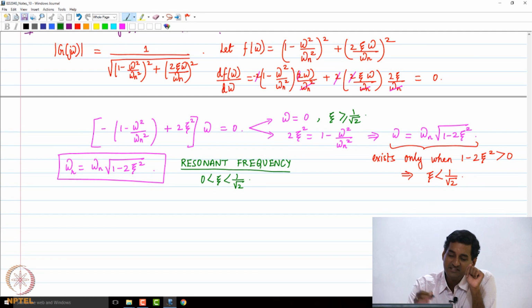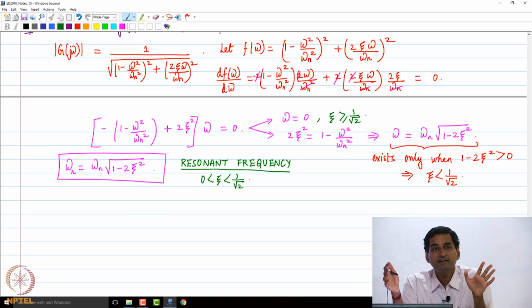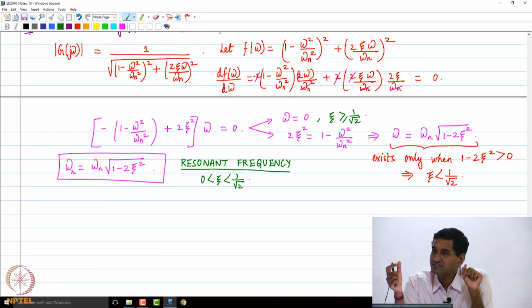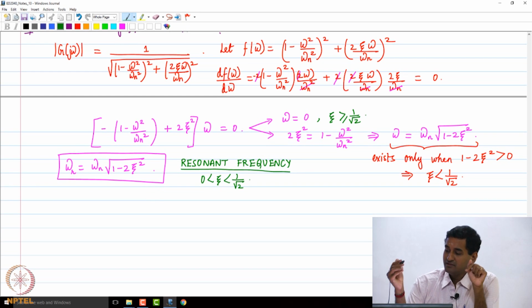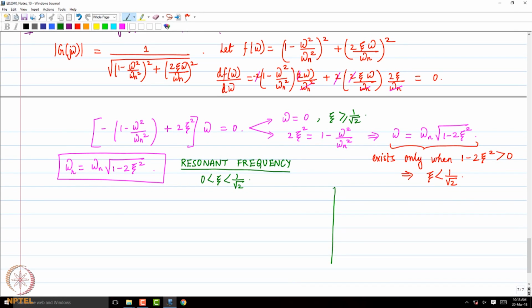So what is this resonant frequency? We already defined a couple of frequencies, right. So what was natural frequency? You take a second order system, let us say you remove the damping, then you give a perturbation, the frequency at which the undamped system oscillates is what is called the natural frequency. And also, let me write it as an aside, if you look at an undamped second order system,